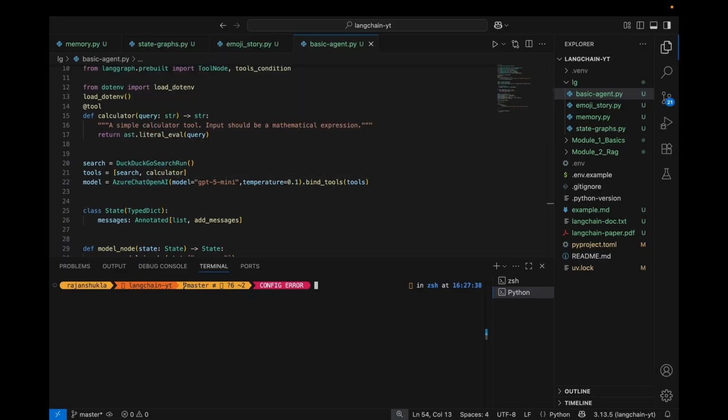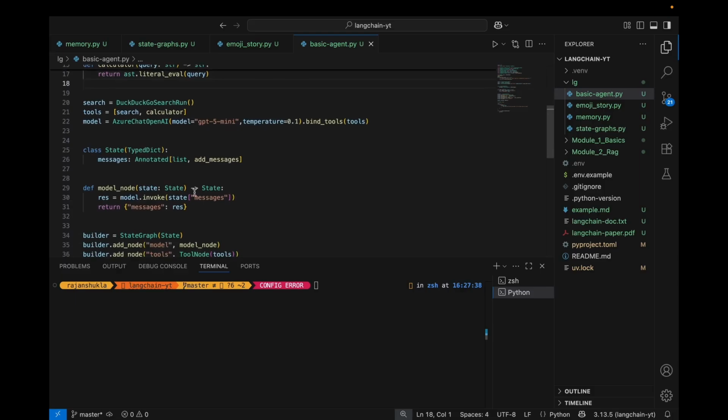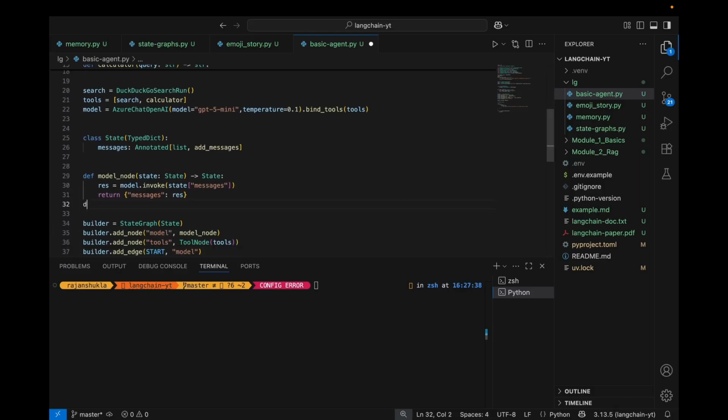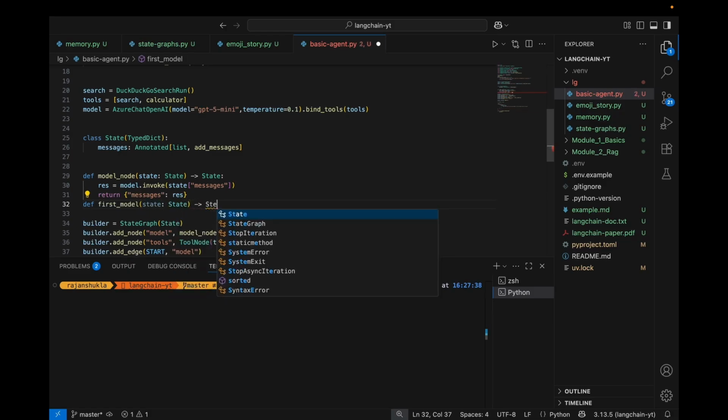So let's keep everything the same, and we'll define a function, let's name it first model, and we'll pass this state, and it also returns the state,